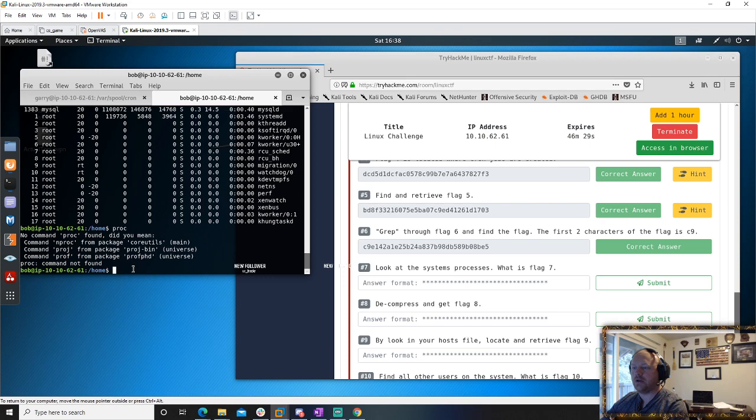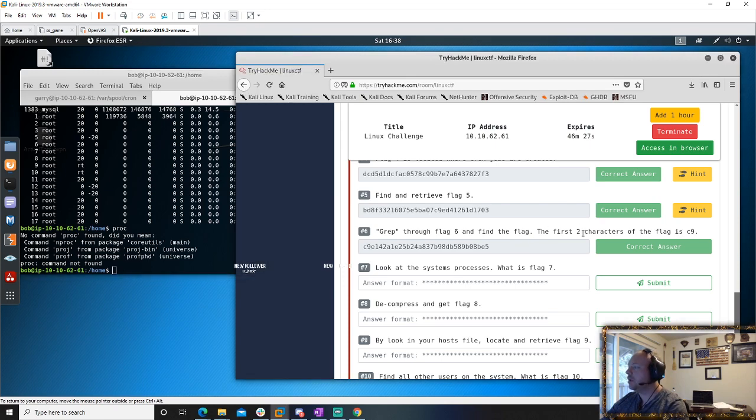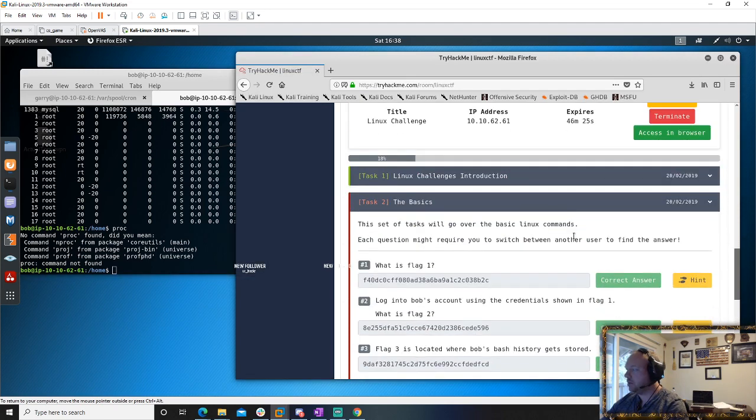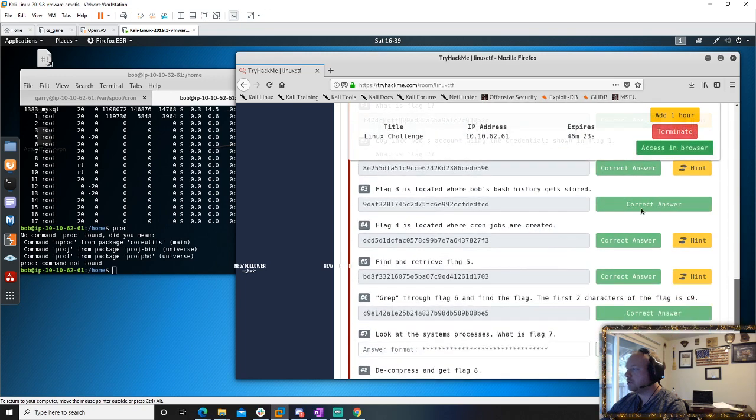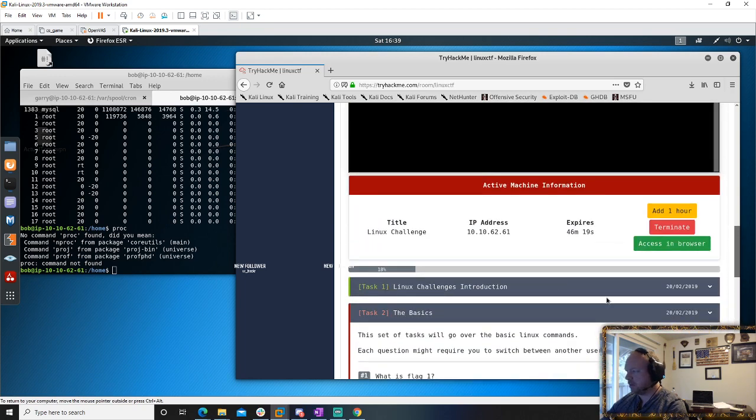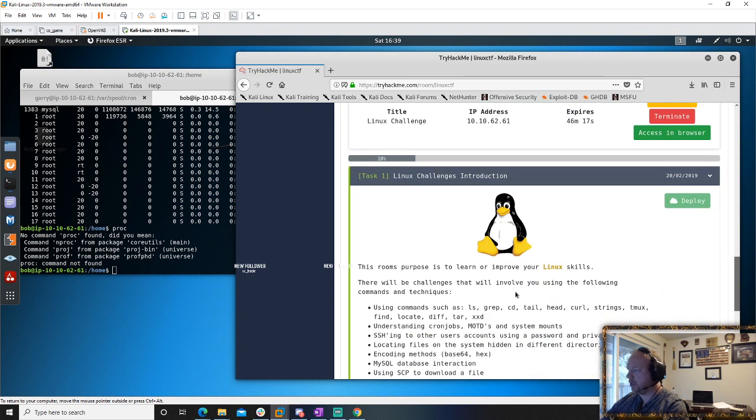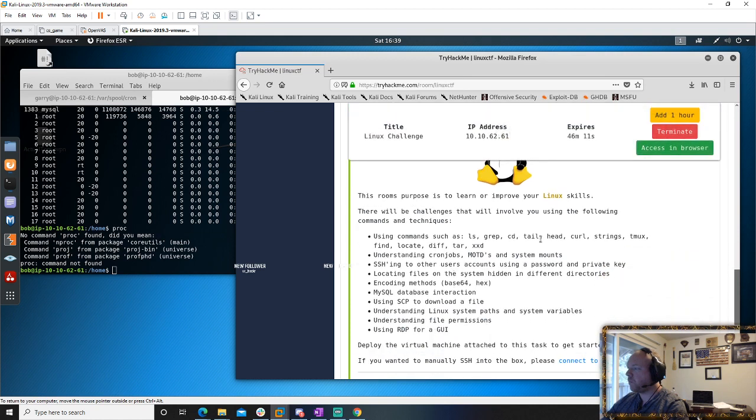So let's figure out a way to look at processes. One of the things I like doing, even in multiple choice question kind of places, is that sometimes one question will answer another. So I go back to the introductions here. They don't even show all the commands.